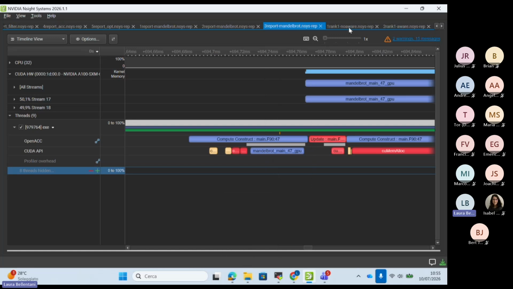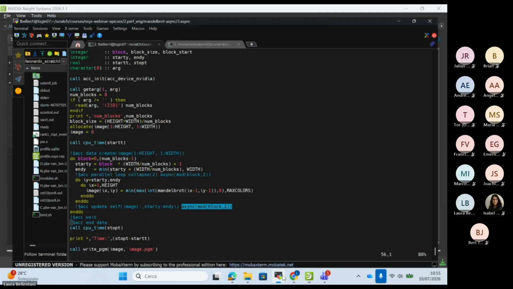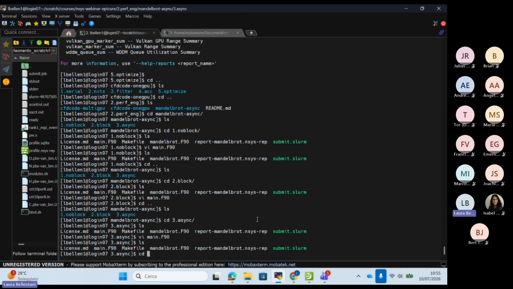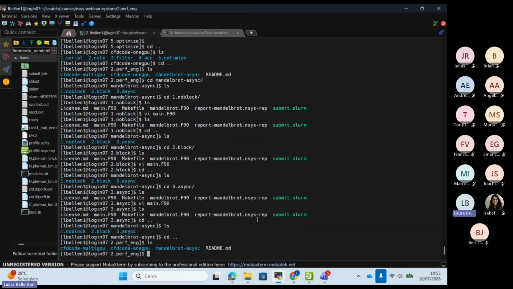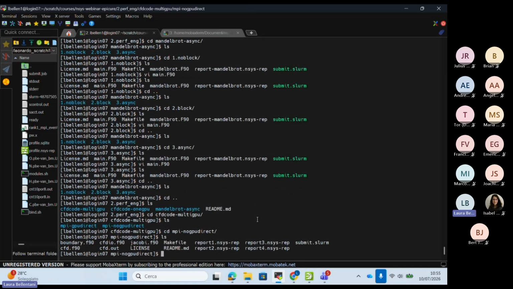To do that, let's see how the report looks for the first case. Sorry, the source code first. At the beginning, we do a non-aware implementation.